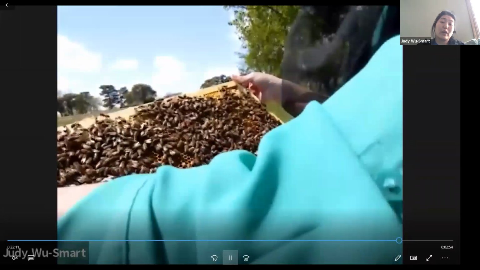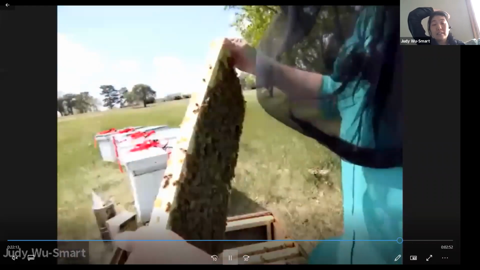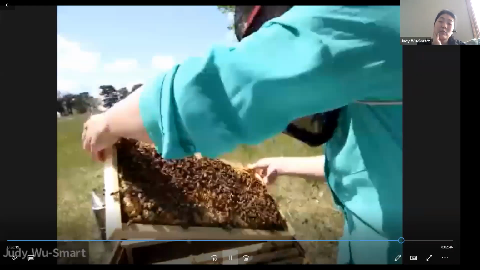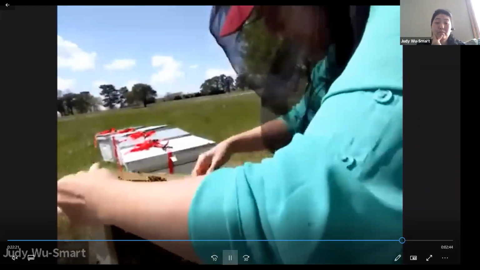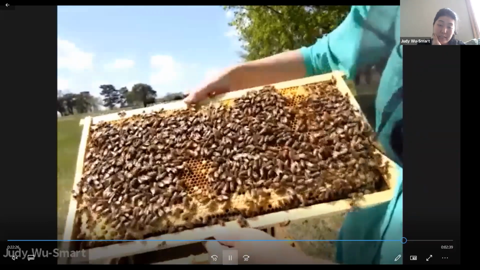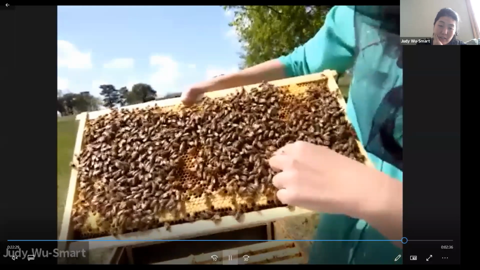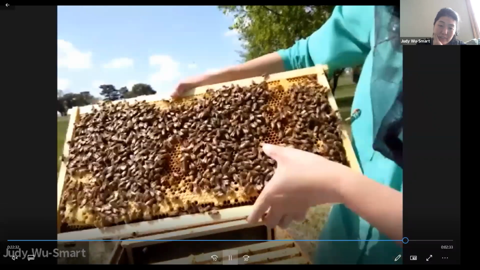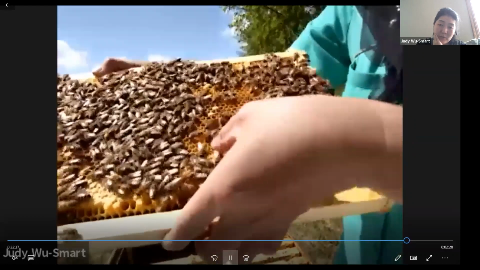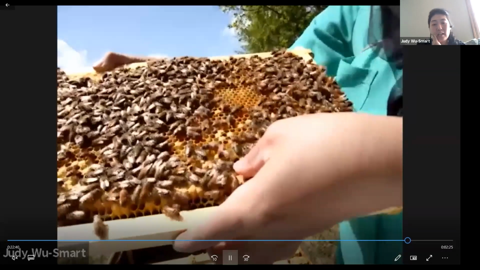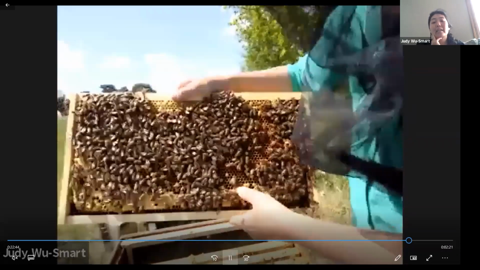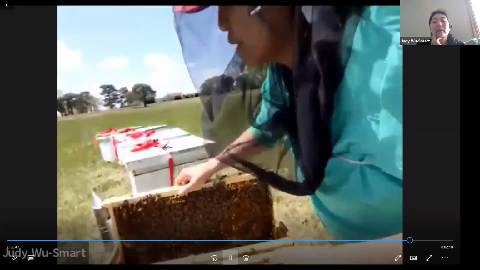Here's another beautiful frame with some emerging bees. Looks like there's some food resources on there too. Here's another side with beautiful brood. And here we go, we have some drones on this frame. So I'm going to bring this up close to the camera to see if I can show you. They've got rounded abdomens and really big eyes that meet at the top of their heads, and that allows them to have a 180 aerial view when they are mating.